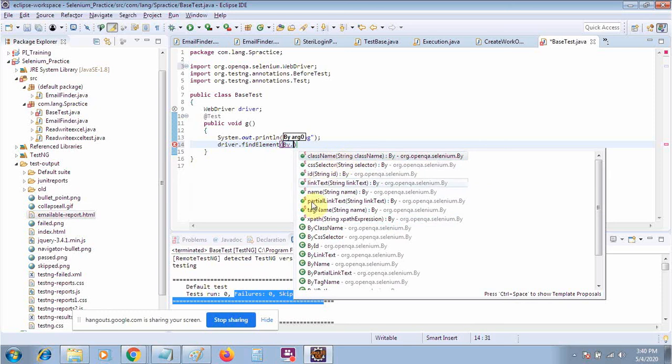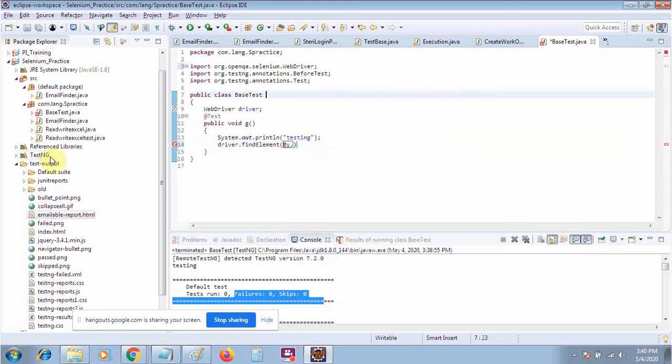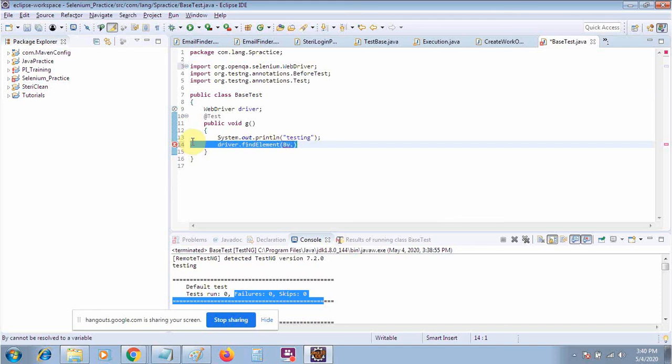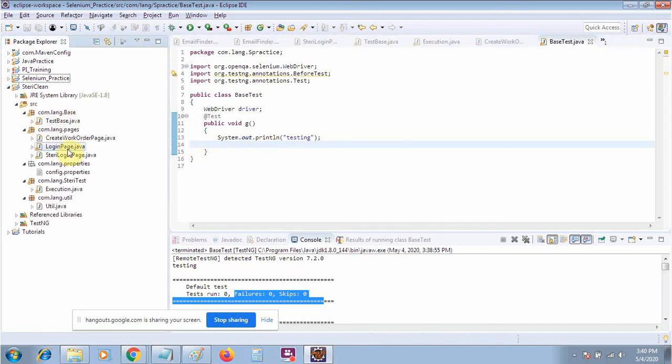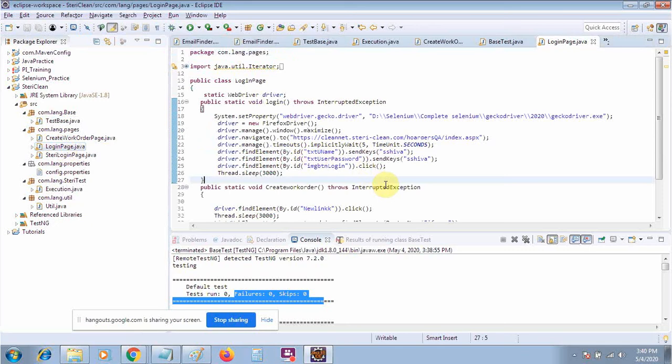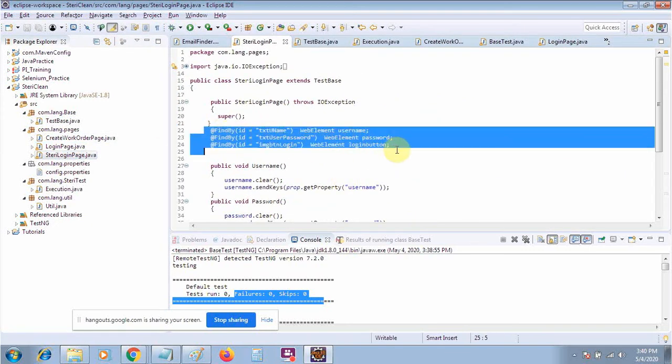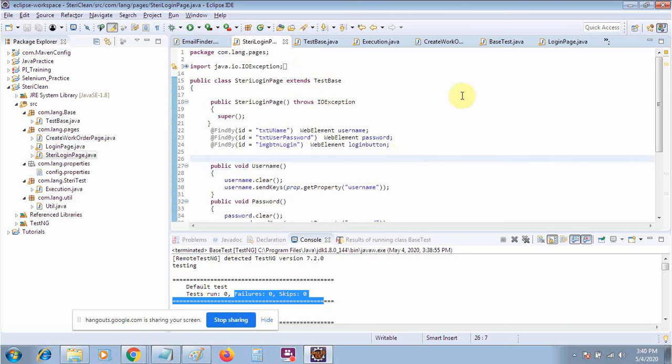And other things we can also use. Second thing, you must work on XPath much more. We will discuss XPath and we will discuss the CSS selector. So much more we will use the ID. For example, if I open my current project, I have preferred here the login page. You can see that in most of the cases I have used the ID. If ID is available, use your ID. Okay, let me close this one.